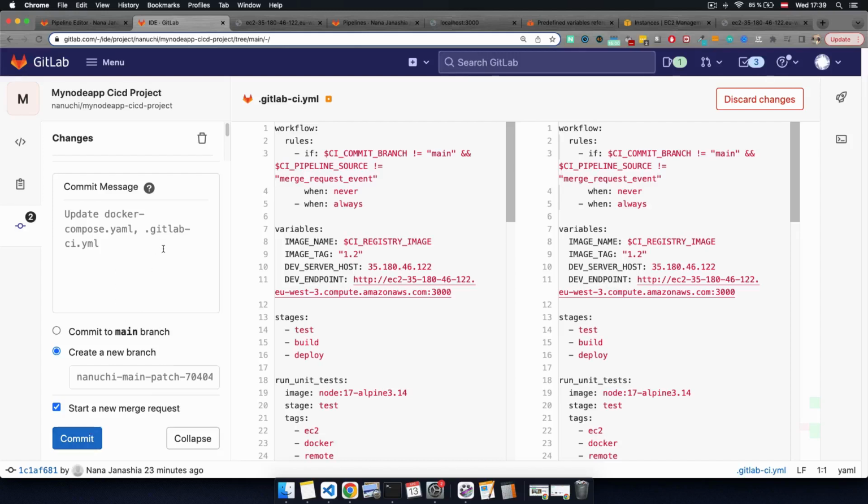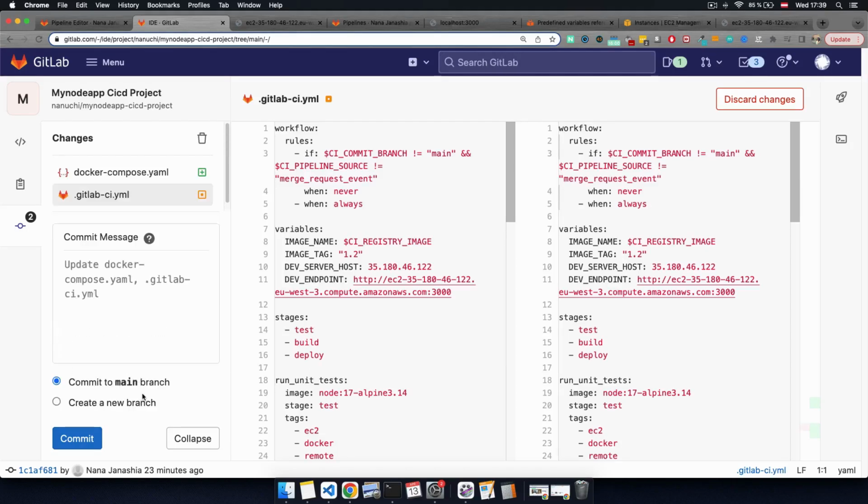And if I do commit, you see that we have an option to create a new branch and then start a new merge request, or we can commit directly to main branch. Now, in a typical developer workflow, you will be working with merge requests. So even if you don't create feature branches, you would still create a merge request and not commit directly to main branch. In our case, we're just going to commit it directly to the main branch, which will then